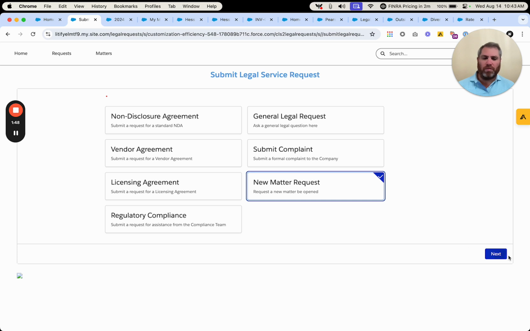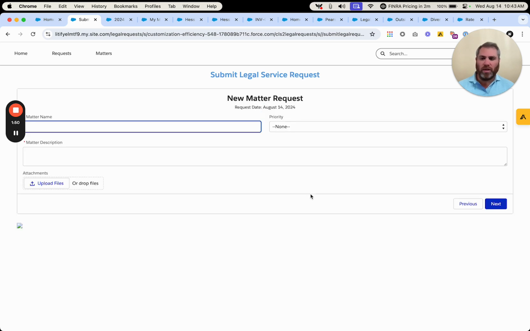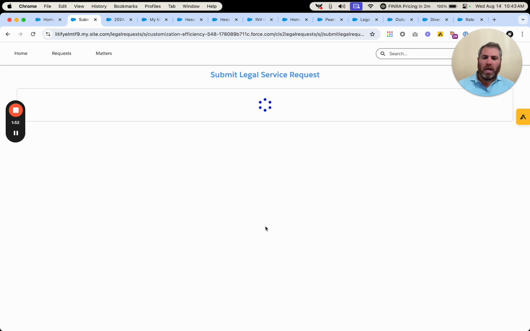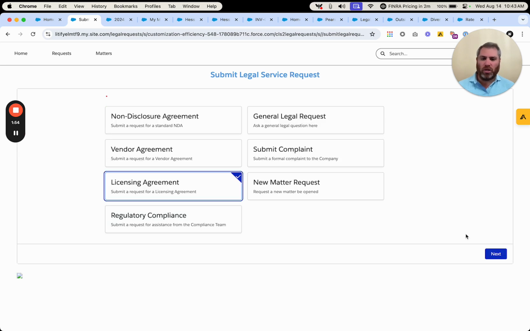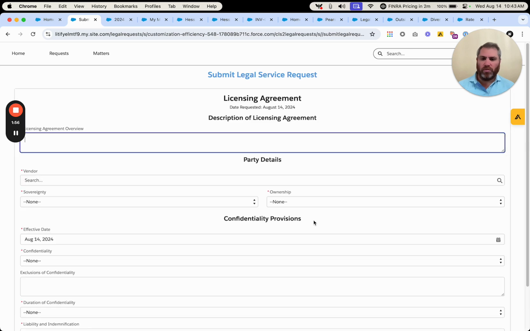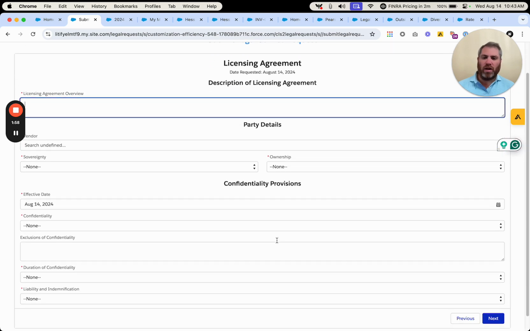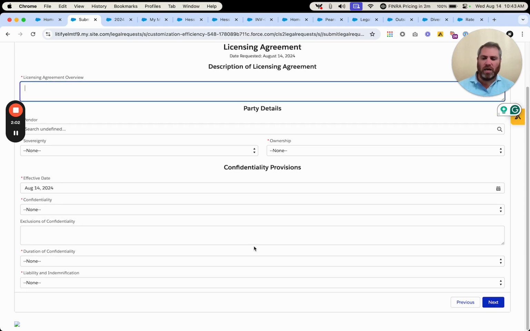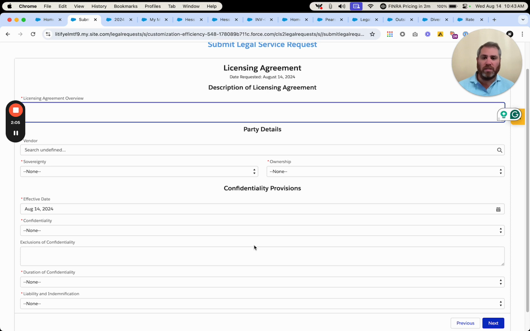Everything can be as simple as submitting a new matter request, or it can be as complex as perhaps looking for a new licensing agreement. And you can see that you can vary everything that you see on the screen. It's all configurable, including what is required, what is not required, the ability to attach documents. And you can deploy this to the entire organization, to individual users, to department heads, however it fits best into